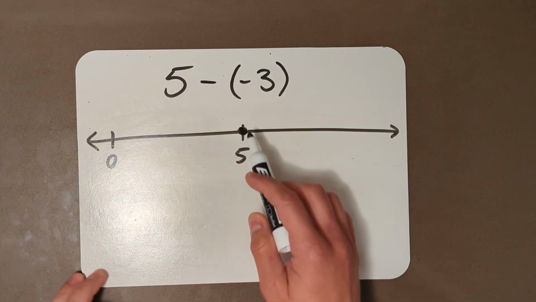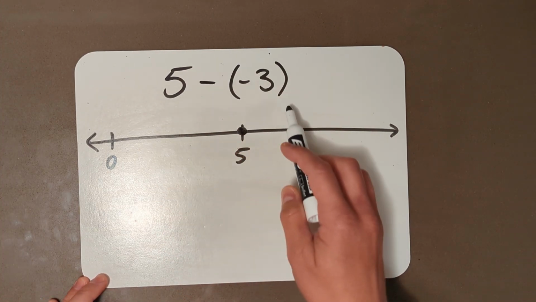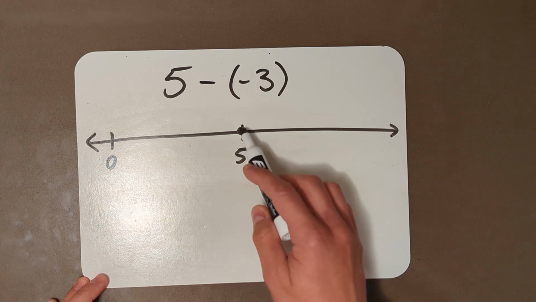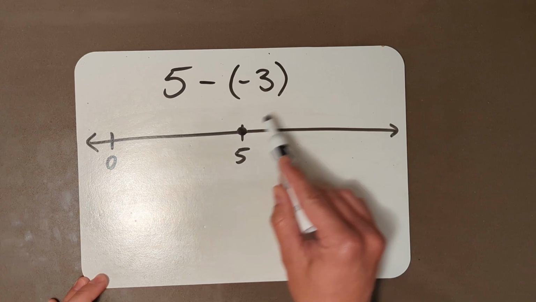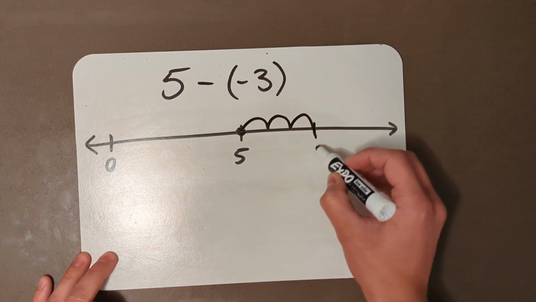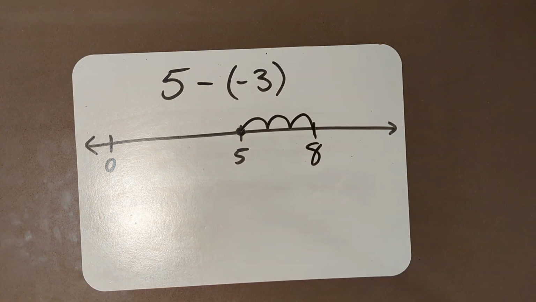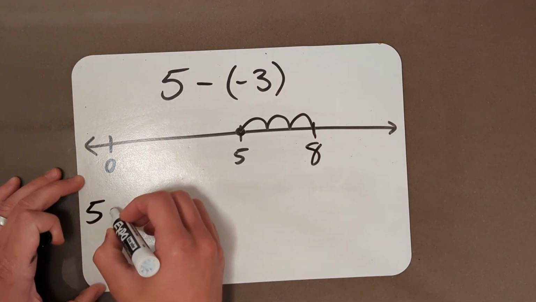Again, normally if we're subtracting, we're moving to the left. Here we're subtracting the opposite of 3. So if we were subtracting 3, we'd move to the left. We're subtracting the opposite of 3, so we're going to move the opposite direction. So we're going to move 3 units to the right to get up to 8. Okay. And then for our abstract model,